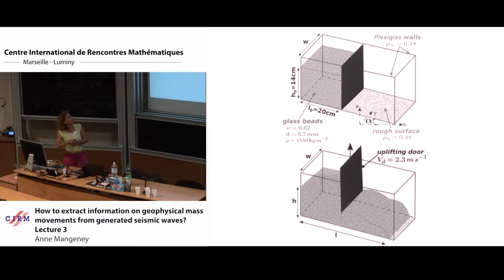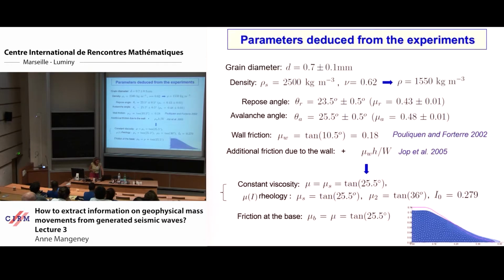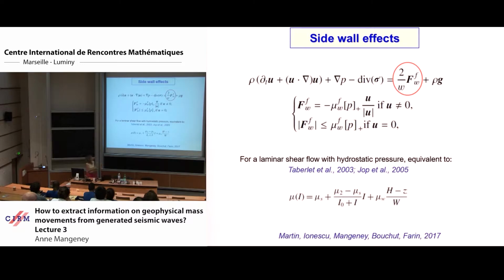So if you have a granular flow in between two walls, the walls exert a friction also on the flow, and it is felt also by the grains that are inside the flow. And this is a very well-known process. And if you want to compare quantitatively with laboratory experiments, you have to take it into account. I don't have time to explain, but as W, which is the distance between the walls, increases, obviously this term goes to zero. And if you have close walls, then you feel a lot the boundaries.